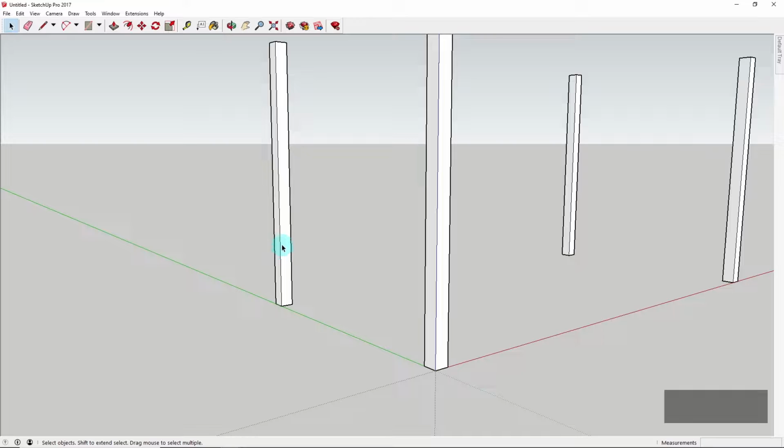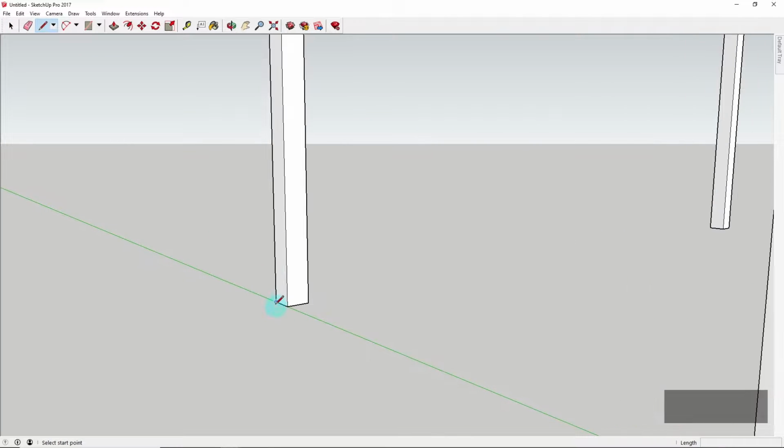Now I want us to add in that structure that goes from left to right. So this is going to be on either side. So in order to do that, what we're going to do is actually grab the line tool. So it's the little pencil tool, and we're going to come into this point on this leg here, on this corner. Make sure it locks to the origin of the component like so, and we're going to just click once,